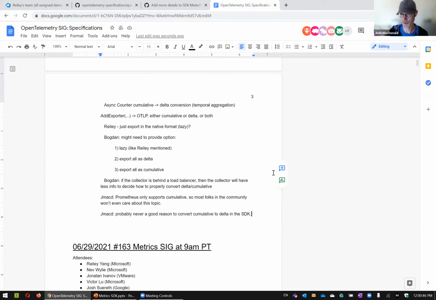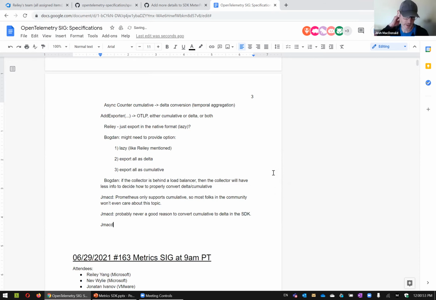But I did create an option for the OTel Go exporter. It's an exporter configuration, as you said, to choose whether you want cumulative or delta output. And the one that makes sense for me is a stateless option. So you say, I don't want to do delta to cumulative because it just causes a buildup of memory. And so you can imagine then for all the synchronous instruments, well, counters and histograms, do you want to actually pay the cost of memory or do you want to just flush out those deltas?